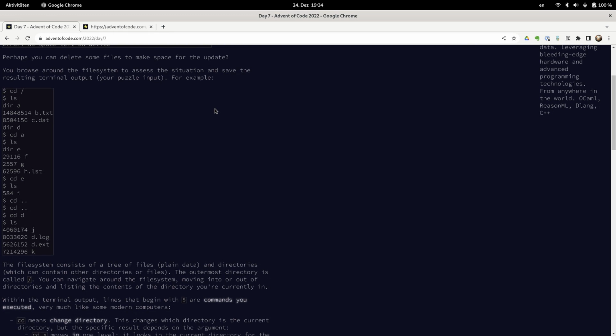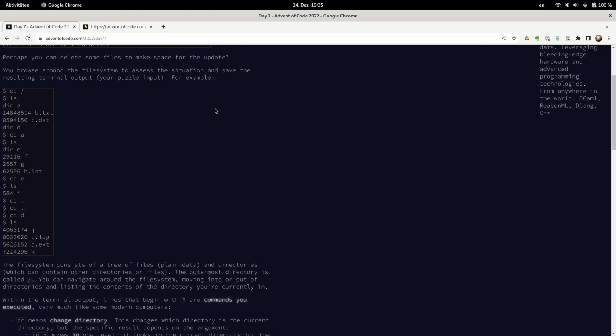Saying, well, there are these nice libraries which you can add to Emacs, which also are quite a lot of fun to use, and they make life a lot easier. So I dived in and had a look at these libraries, and I thought I'd show you some of what these libraries can do. But about the problem, this is day 7, and my first basic idea is that you have a